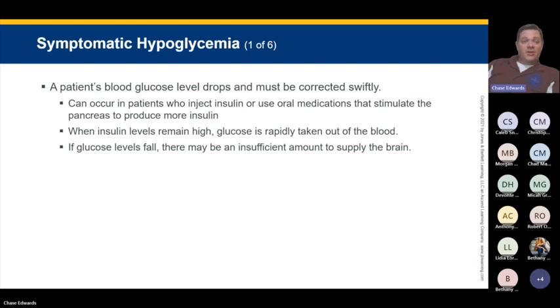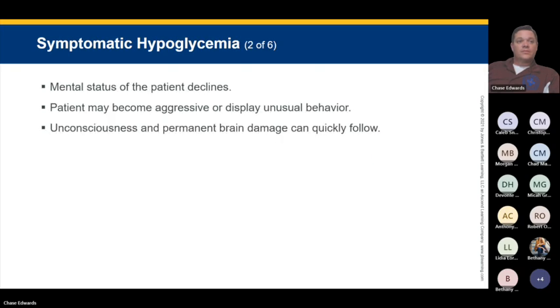It's going to start to shut down, start to get loopy, so you get into AMS, that altered mental status. You're going to become altered. The mental status of the patient declines, or he or she can become aggressive,